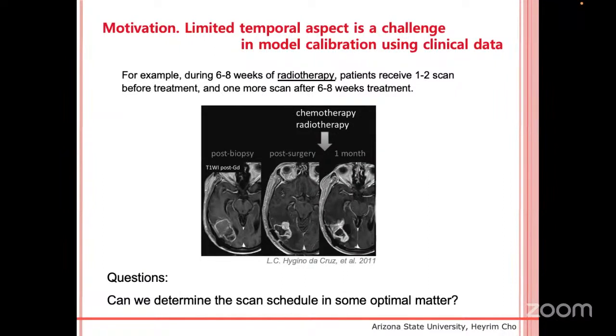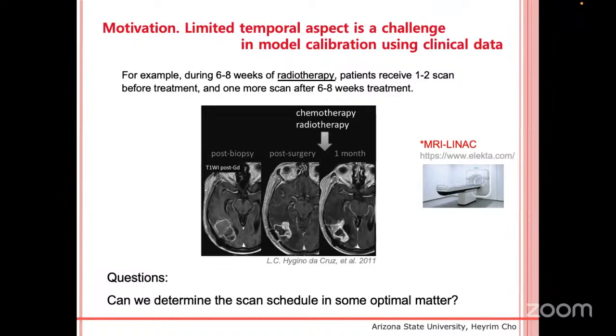In radiotherapy patients, you usually get 1 or 2 MRI scans prior to the radiotherapy. And then you go through 6 to 8 weeks of radiotherapy. And then you get another scan at the end of the treatment to see whether you did well or not. I know in these clinical trials tied with mathematical models, you often get 1 scan per week. There is an MRI linac where you get an MRI every time you get the radiotherapy, so daily. However, still, the average patient's number of scans won't be tenfold in